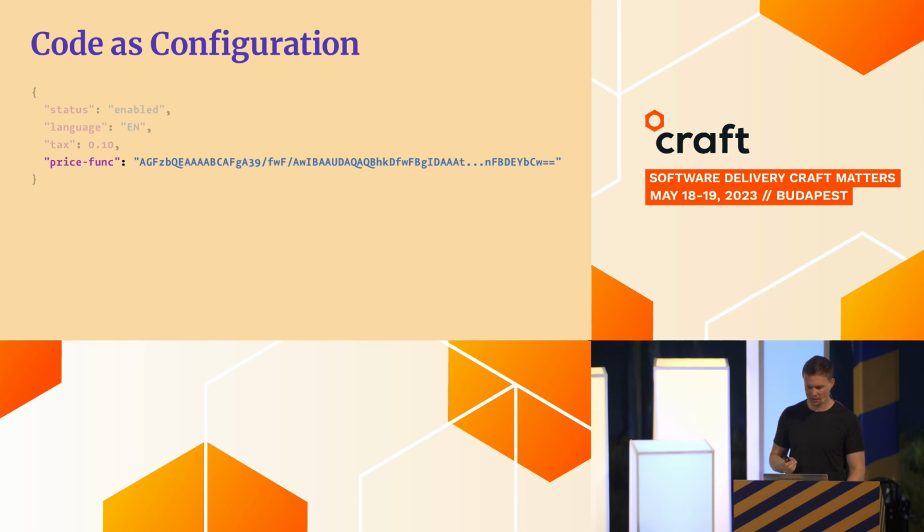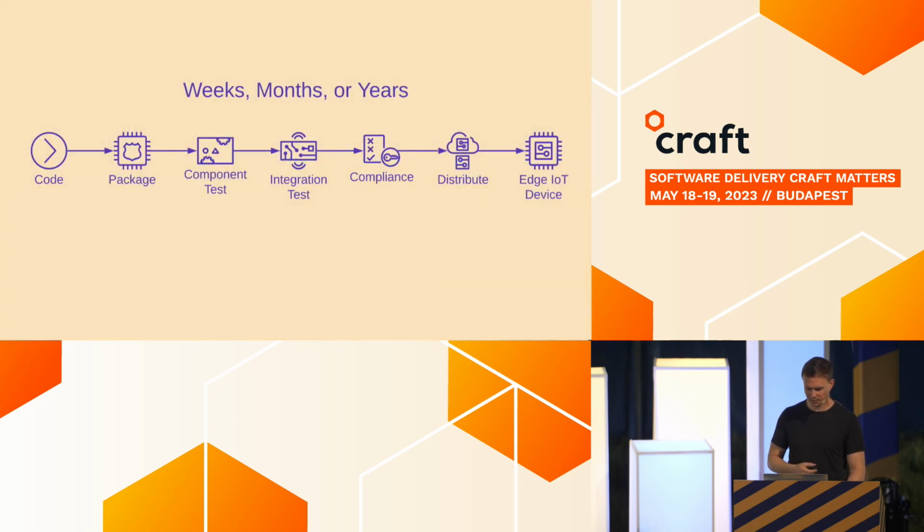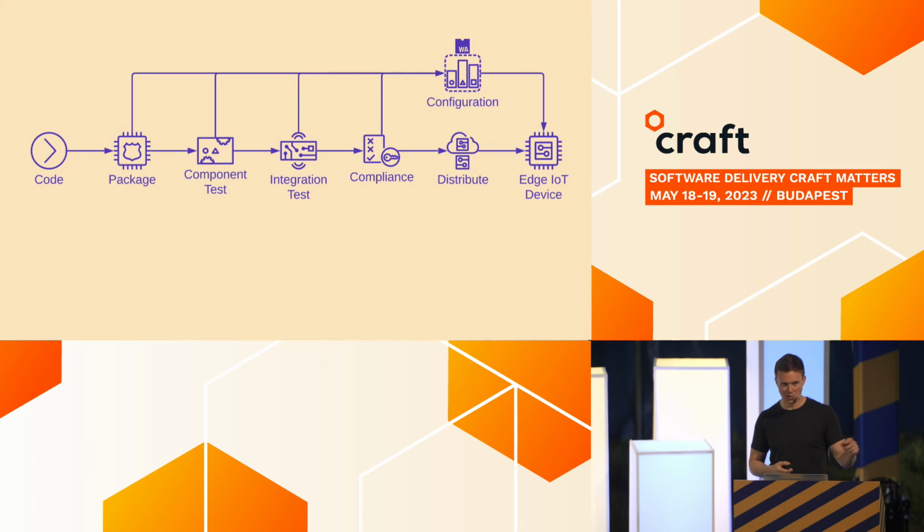I have omitted this from this example, but in reality, this WebAssembly binary would also be signed so that we can attest it's from a trusted source. But I've omitted that here. So having done that, we can then take what used to be this long process of testing and redistribution, and perhaps even having to obey the time at which we could update devices, and we can choose to short circuit it now at any point.